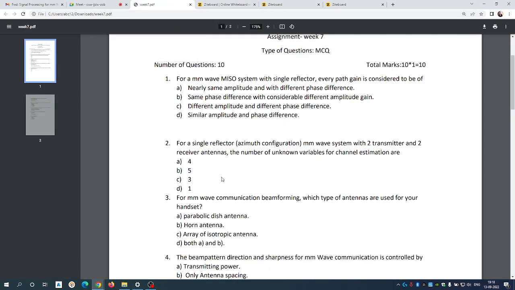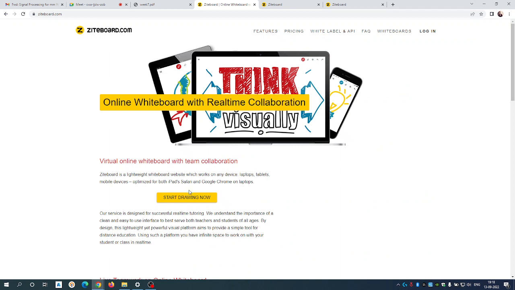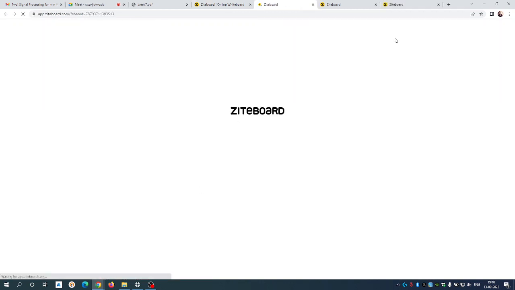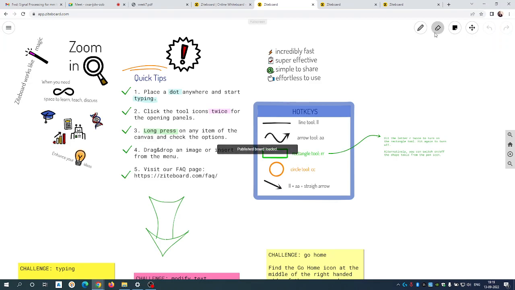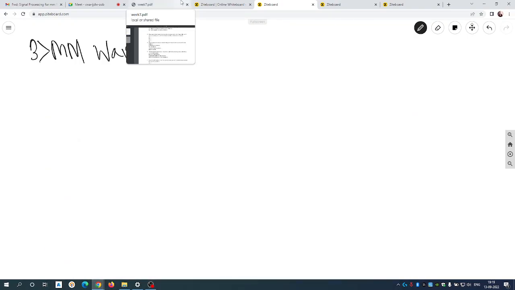So let us go to the third question. For millimeter wave communication beamforming, which type of antenna is used for your handset? So the question is, we are using millimeter wave communication for our mobile device. So for millimeter wave, we need to